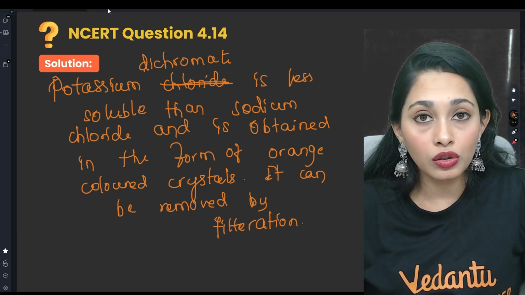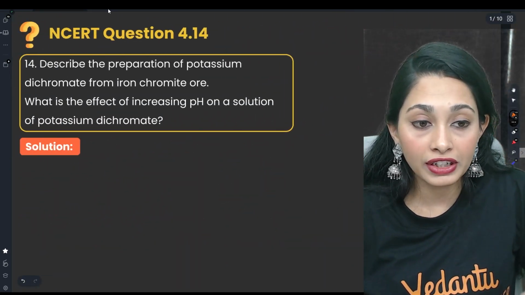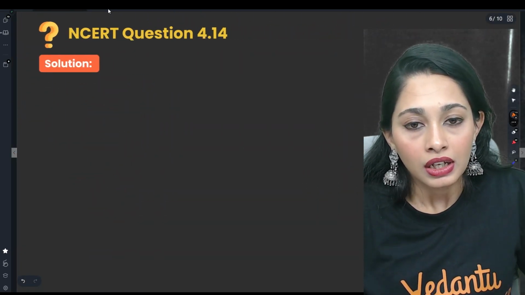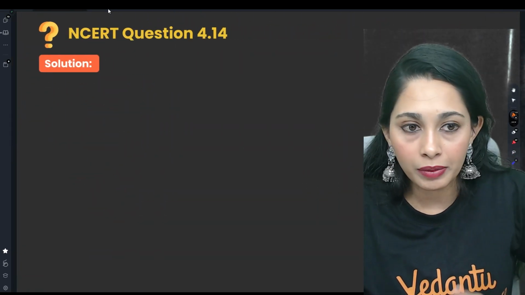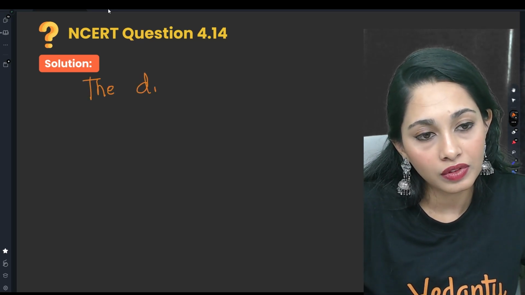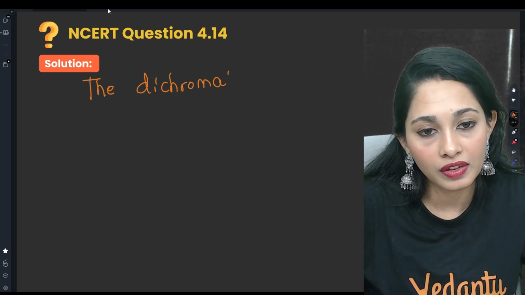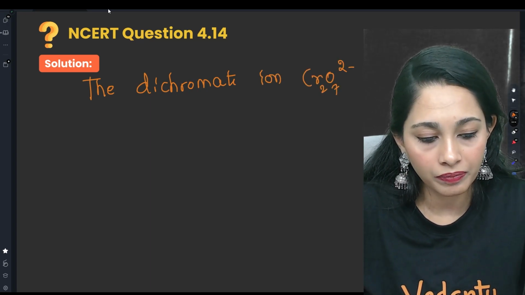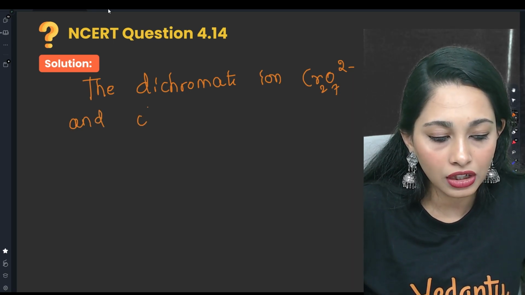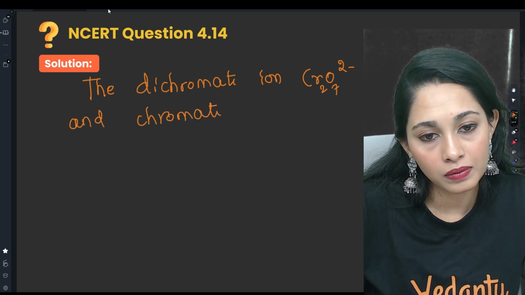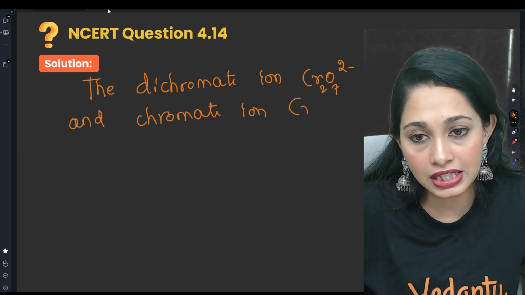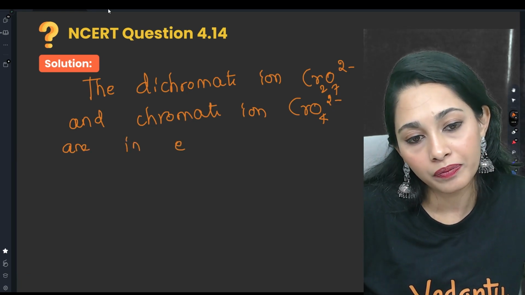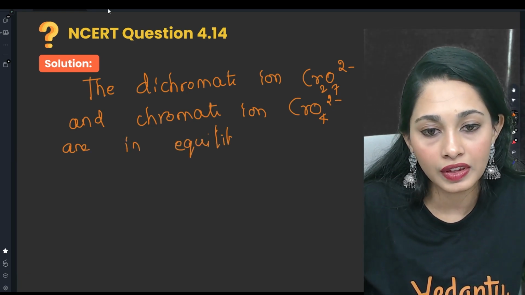And they have asked another question: what is the effect of pH? Effect of increasing pH on a solution of potassium dichromate. So this is something we need to keep in mind. The dichromate ion, that is Cr2O7 2 minus, and chromate ion, that is CrO4 2 minus, are in equilibrium at